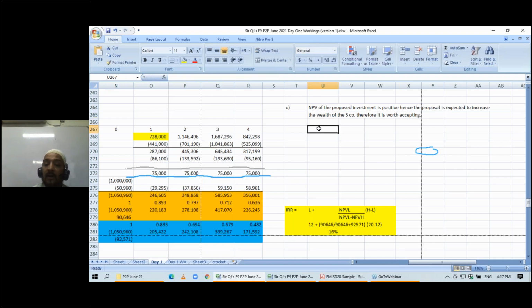Okay, and another method also we have used over here. We have used two methods in this question in part A and B. So another one was internal rate of return. Then internal rate of return of the proposed investment is 16%